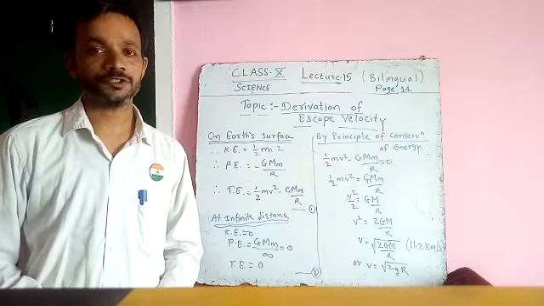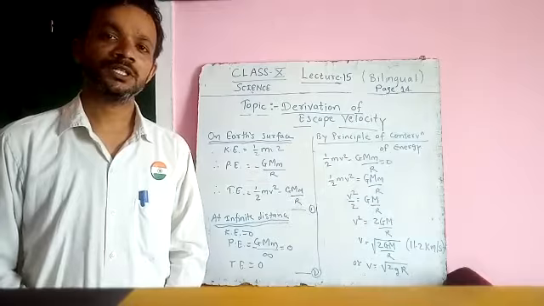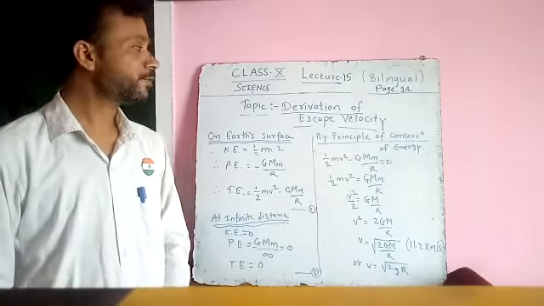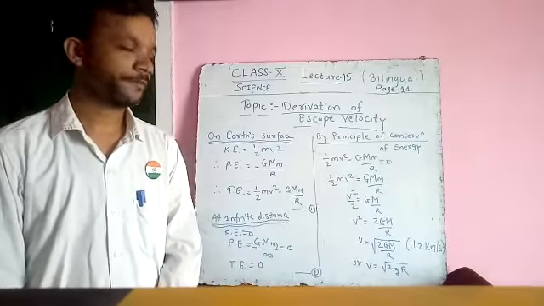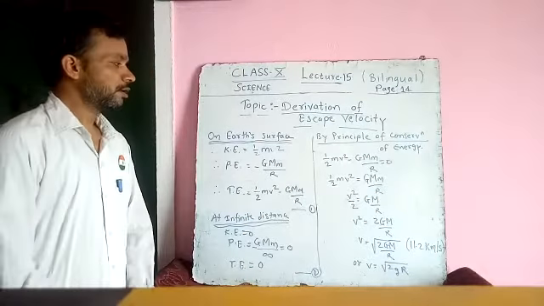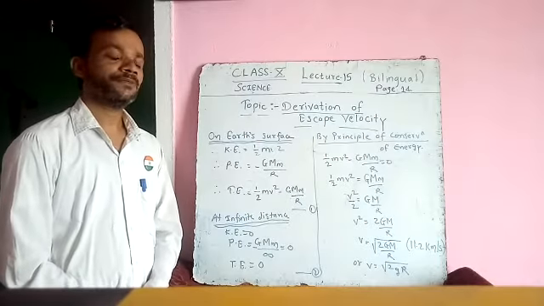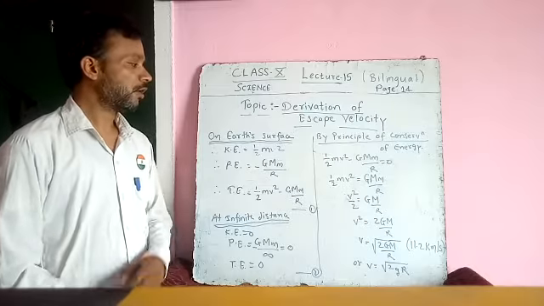Today we have to study how we can derive the escape velocity. In the previous class, we understood the concept of what escape velocity is, and today we have to derive it. To find the derivation of escape velocity, we must know that on the earth